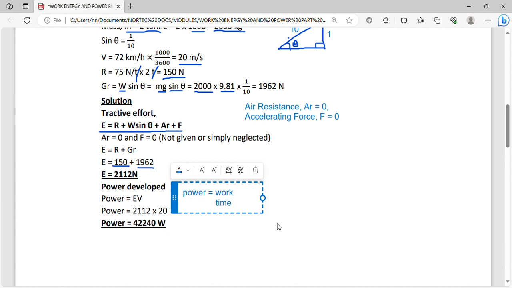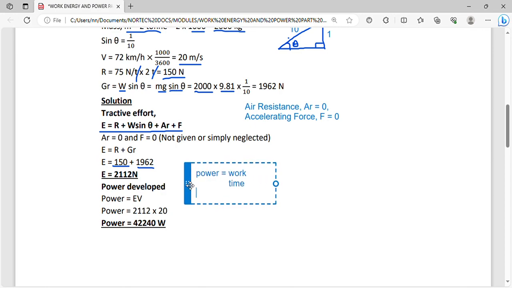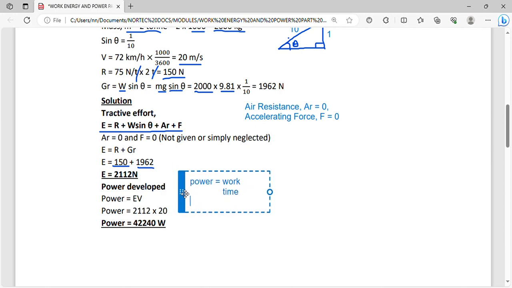Now, this is not always the case. There is also another shortcut formula for a machine which is moving at a constant speed. When a force has maintained a constant speed, we're able to use the fact that work is force